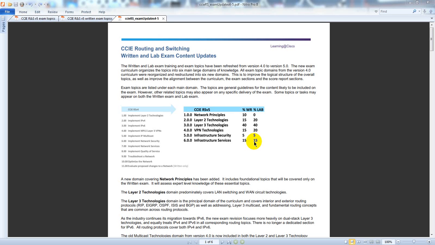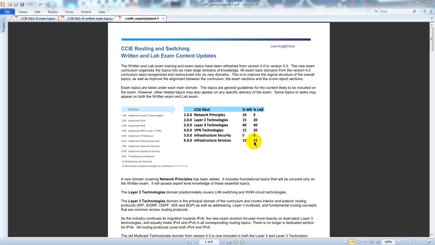So if you take that into effect, that's an optimization to send a single feed down to, in PIM sparse mode, a rendezvous point, and then you're going to have a bunch of hosts using IGMP to join that